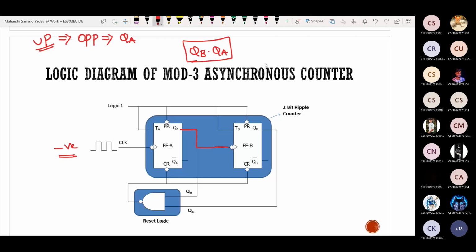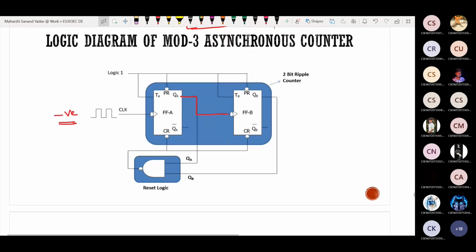How to draw QB.QA? Which gate? AND gate, OR gate, NOT gate? AND gate. You want AND gate. So there are again different styles in which you are drawing. But here why I took NAND gate, can anyone explain? In the answer you are saying that you want AND gate. But here I am drawing this one by using NAND gate. Why?